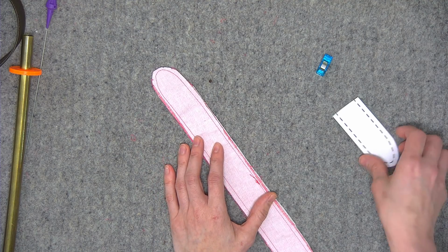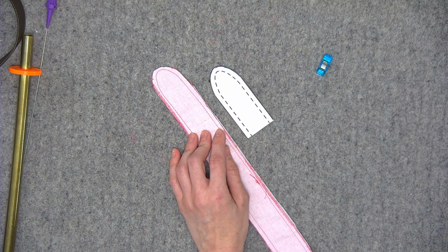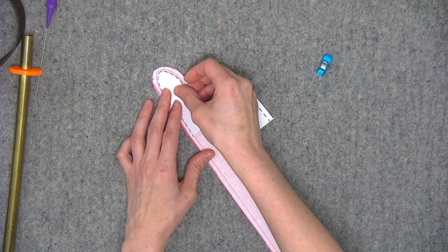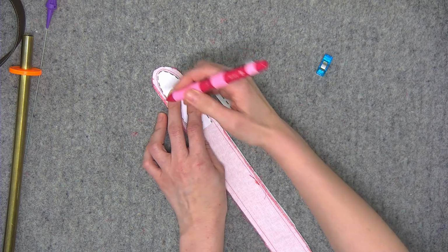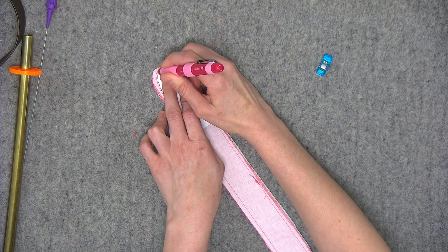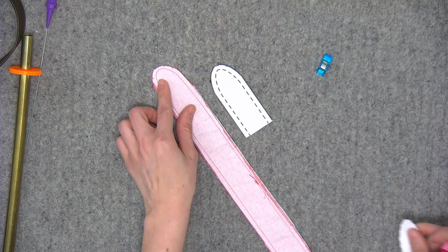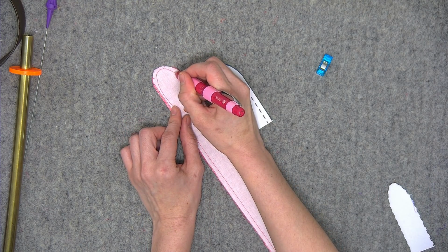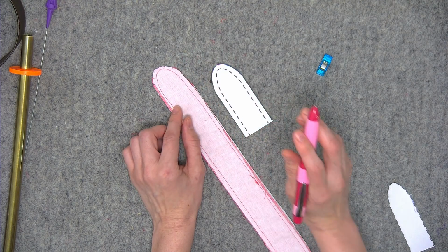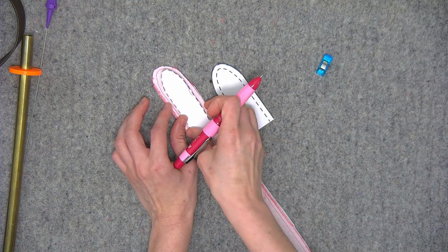allowance. However, I found it really helpful to cut along the dashed line for this portion, because you can go ahead and take that smaller piece before you start sewing, and you can take your chalk or your friction pen and draw just that curved portion on the end, because I actually use that as a stitching line. It's really awkward, especially because this piece is so narrow, to get a pretty stitch. But if you mark it before you start stitching, at least you'll have that line to stitch directly on top